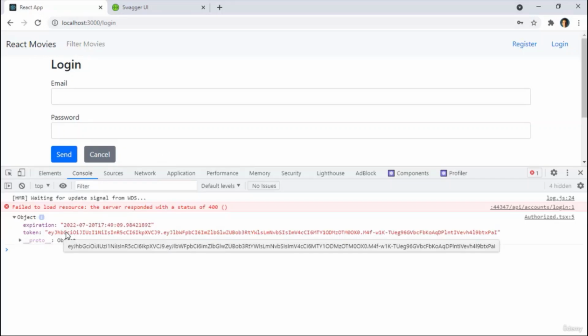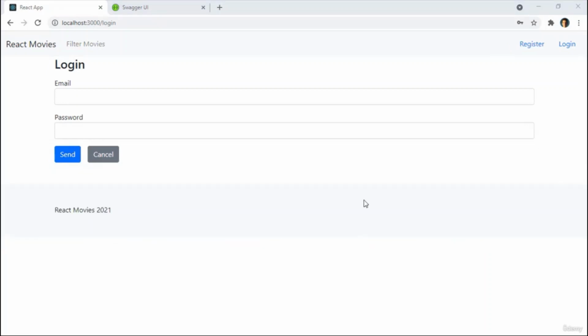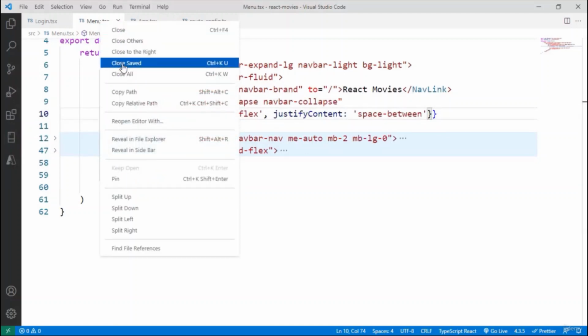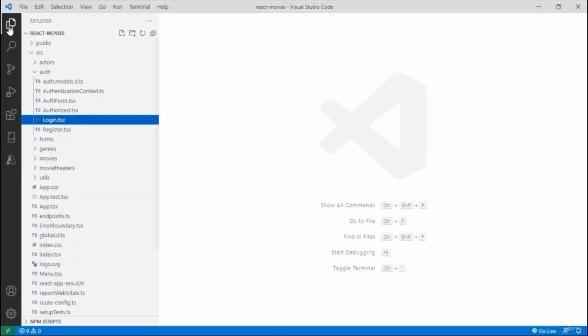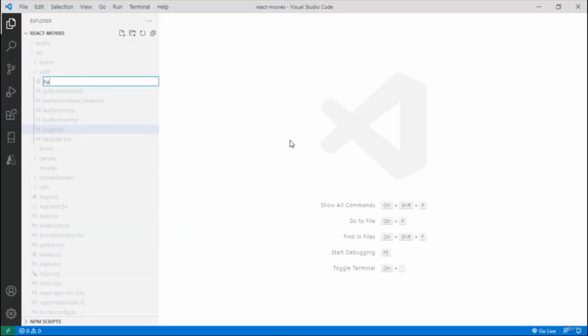We have the user's token in our application, but we are not using it. So let's do that now. I want to parse this token, get its claim, and be able to indicate to the React application that we are authenticated. So let me close this and let's go to Visual Studio Code. Let me close everything, close all, and let's get to work. I want to create a new file here in Auth. So right click here, new file, handle